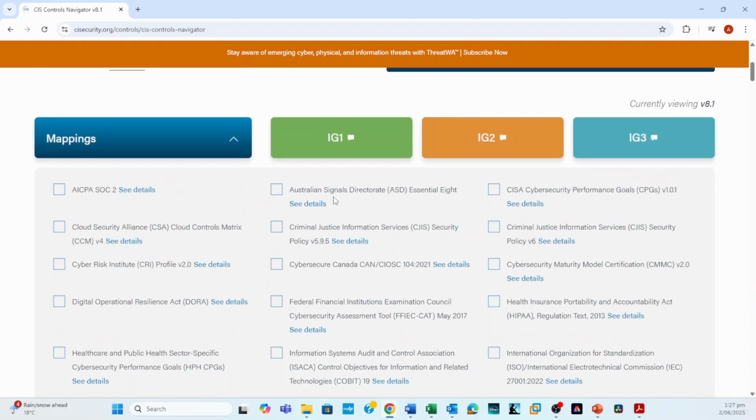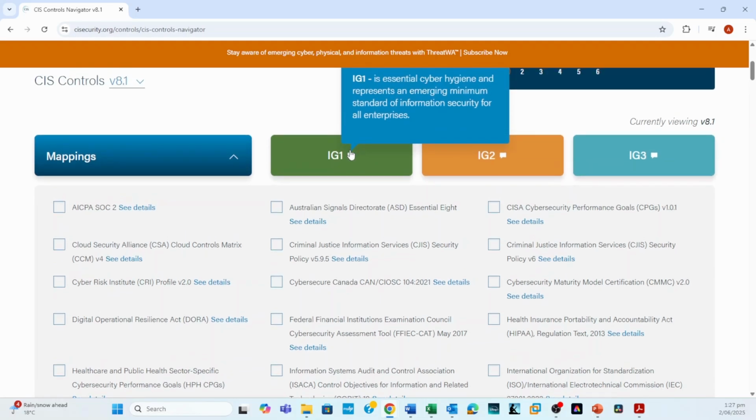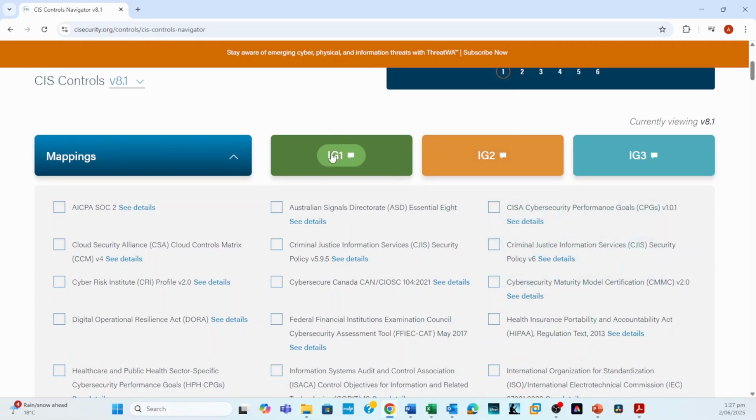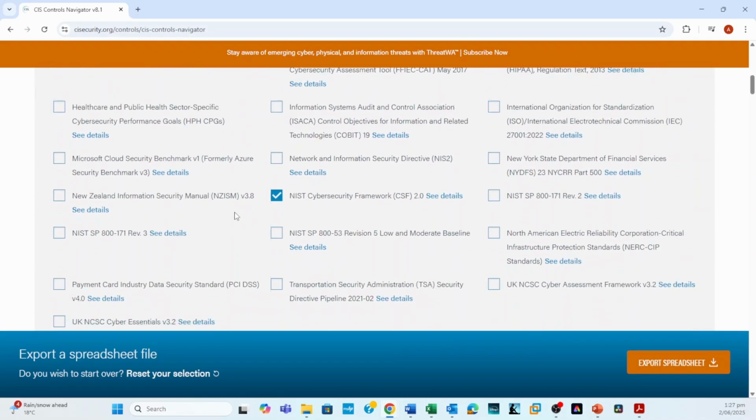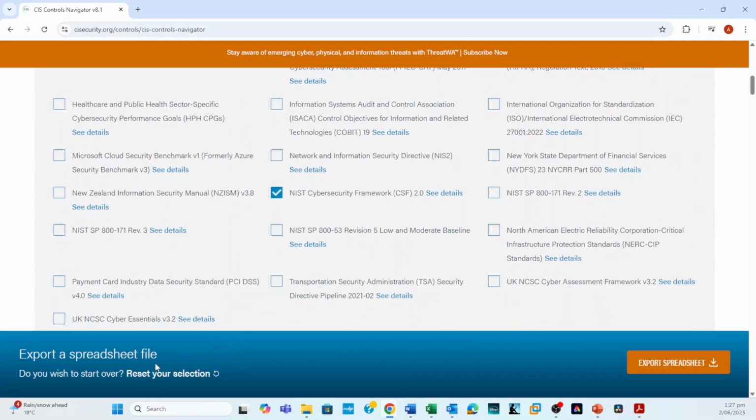And then depending on where you are with your organization's maturity, you can select one of the options here for the implementation groups. So you can see here there's a description. If you click on the bubble for each, I'm going to select IG1, and as we scroll down, you'll see that the option here is available to either reset your selection if you want to start from the beginning, and you can also export the spreadsheet. So if we export the spreadsheet here,